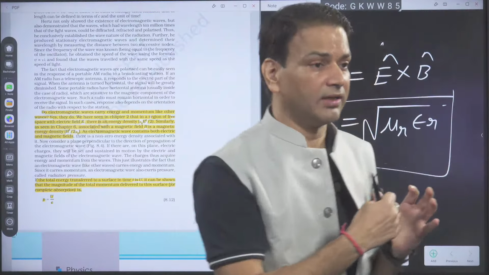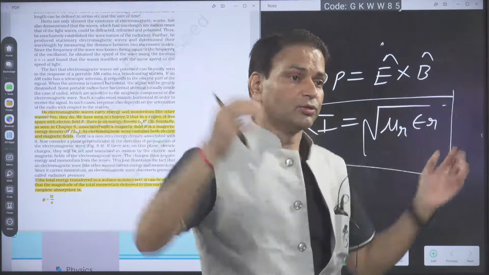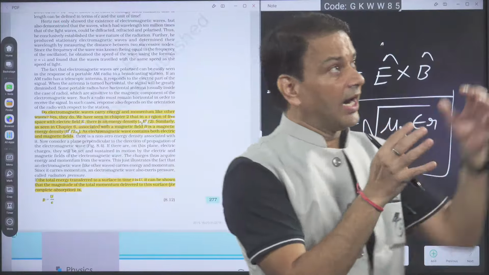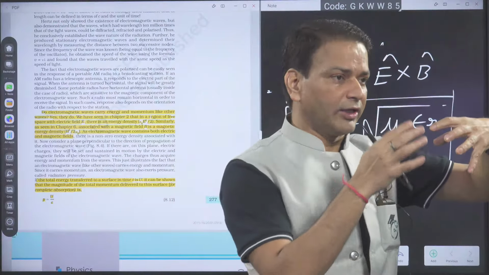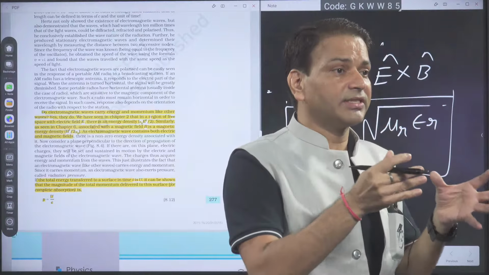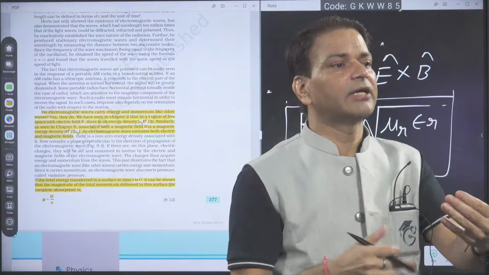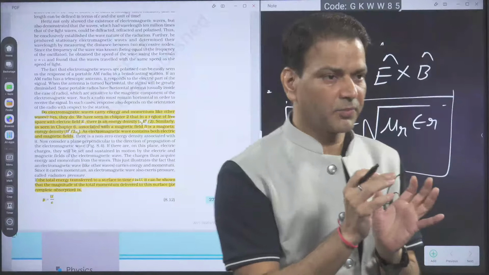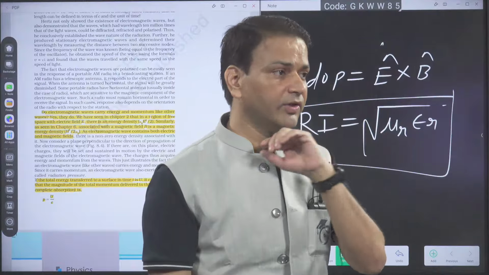I cannot say how much total energy we are getting because it is a big volume. So suppose I am saying some volume V, and the electromagnetic wave is coming from the sun. If I know the energy density and I am asking how much energy is in the volume V, I will say energy density into V. That much energy the volume V will contain. So if they are asking energy, then we have to multiply the energy density with volume.